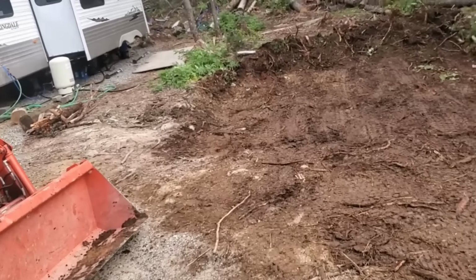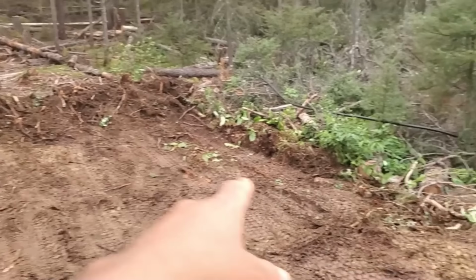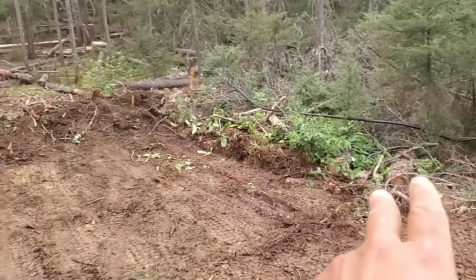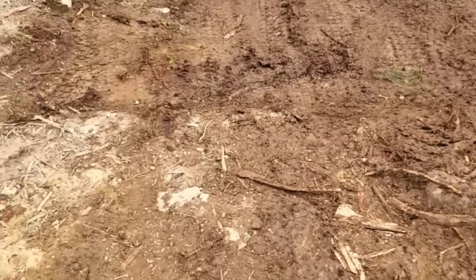Okay, so I took out that other stump over there. So in total today I took out, let's see, 1, 2, 3, 4. I think I took out like 6 stumps from this area. I dug the ground here